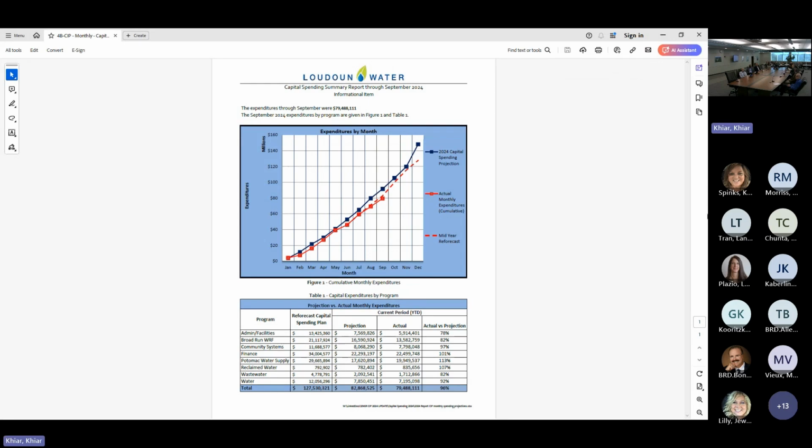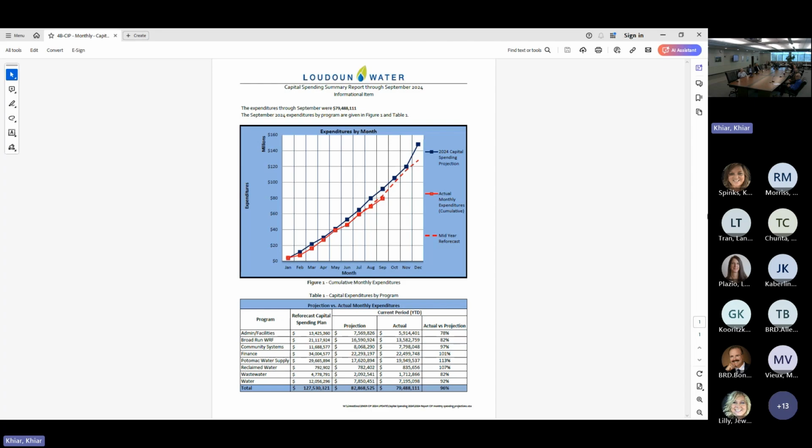Good morning. I'll do a real quick review of this. This is spending through the end of September. So spending on capital projects was about 79.5 million. If you compare that to the previous month at the end of August, there was about $10.3 million spent in September.